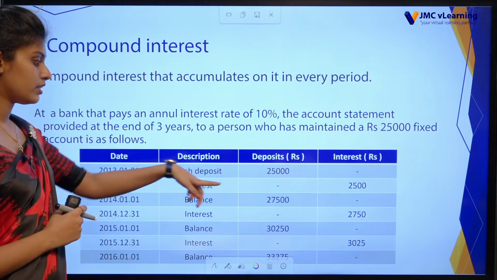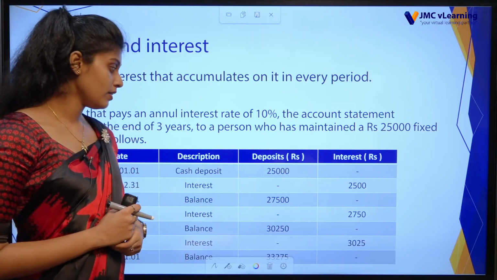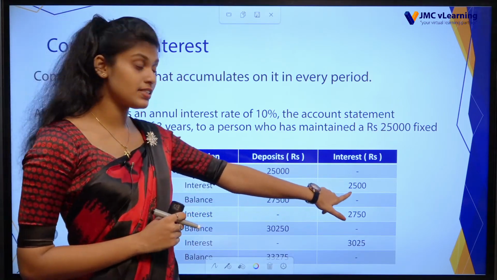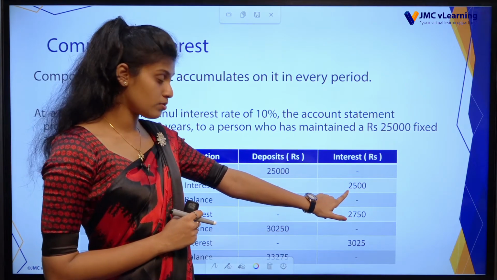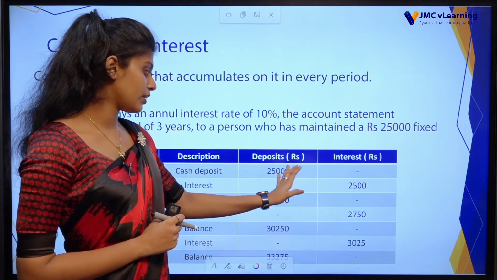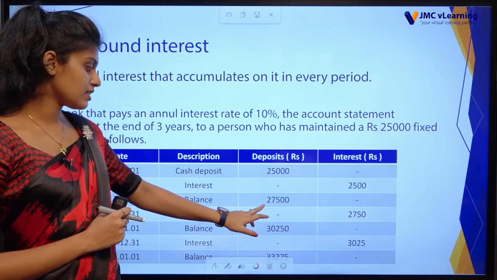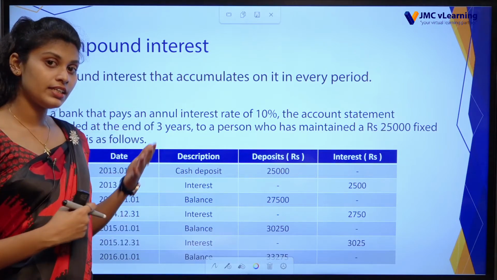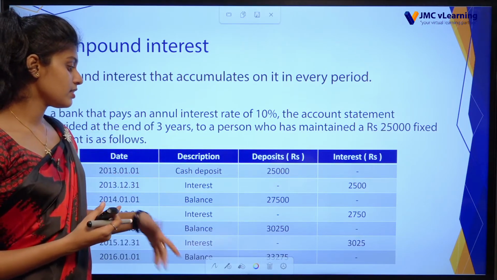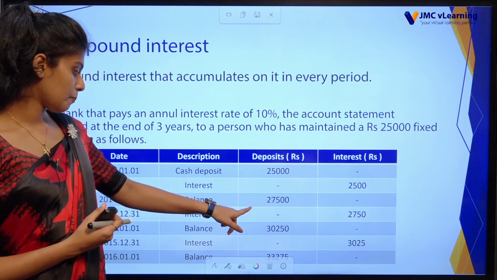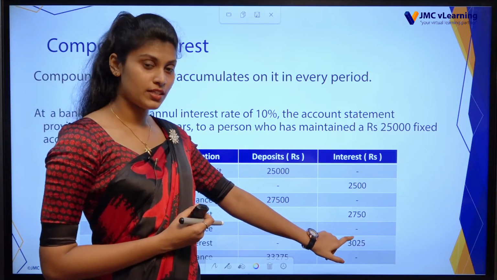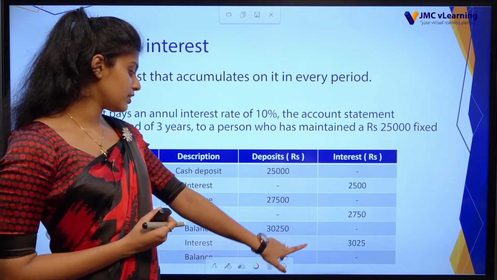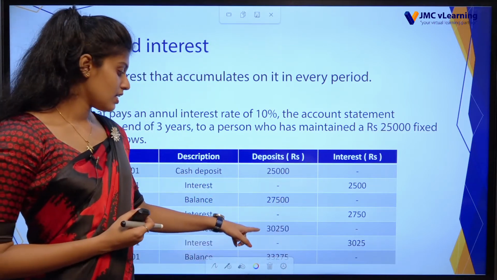Then that person deposited 25,000. Then after 1 year, the interest is 2,500. When you add these two, the balance is 27,500. Then again calculating the interest on this amount, the interest is 2,750. Then when you add these two, the balance is